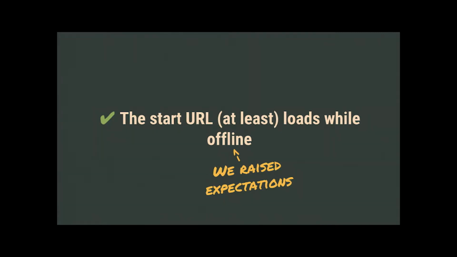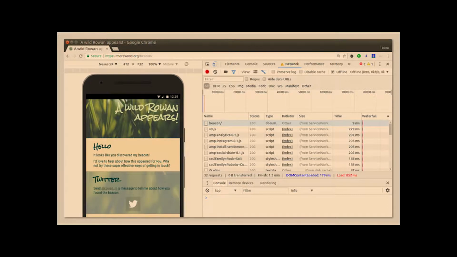First thing then is the start URL that you specify in the manifest. You want to make sure that that will always load regardless of network connectivity. And the way we do that then,